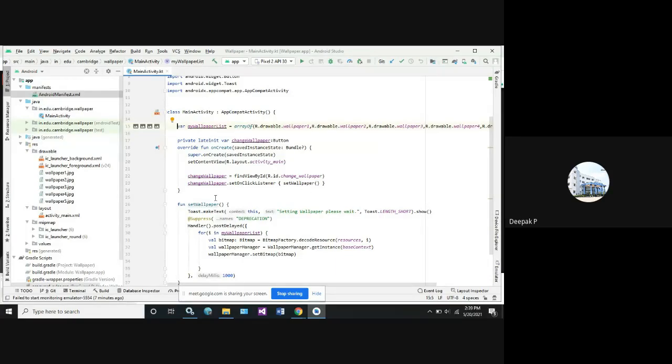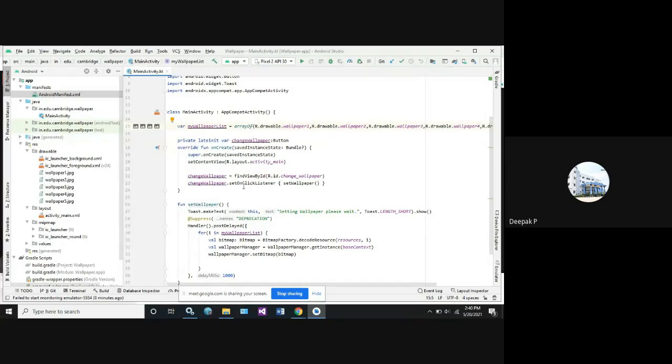What functions do we need to use? Either we can use on click or on click listener. As we are not writing any functions with respect to the on click, we can use the inbuilt function called set on click listener. This is a method in Android which listens to the button's functionality.